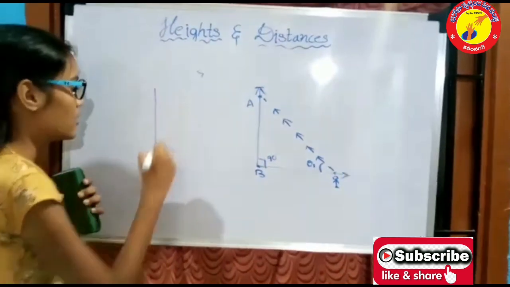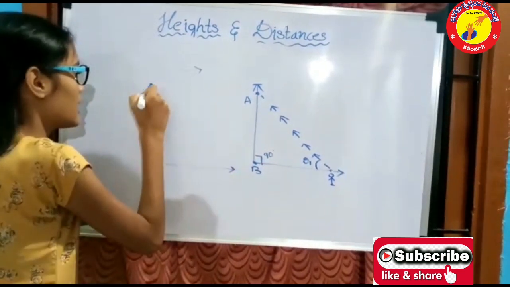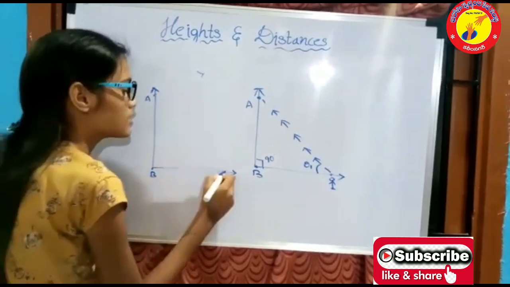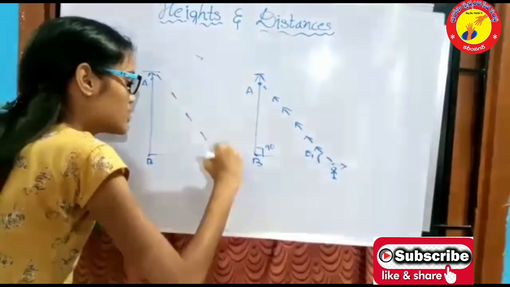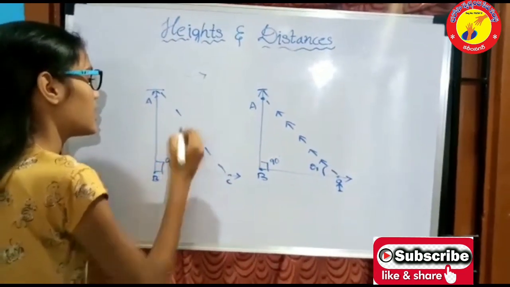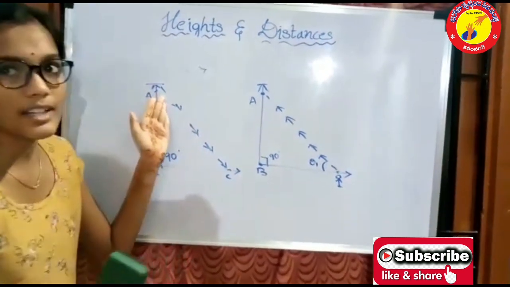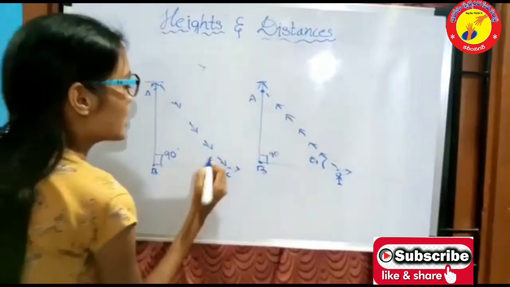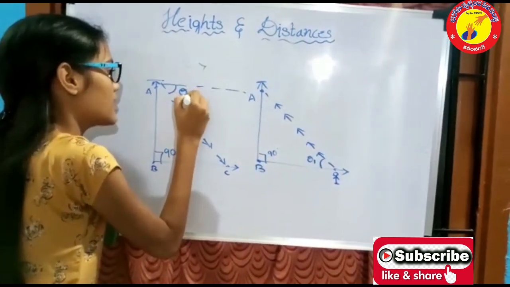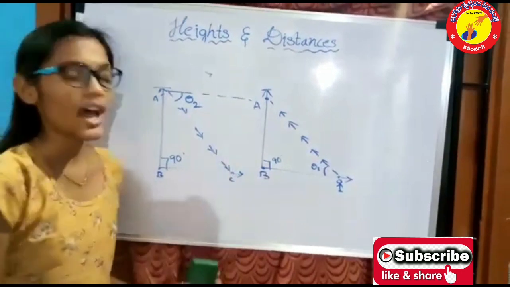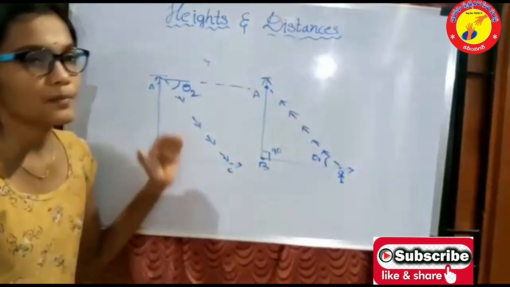And next, coming to the other one, look at this tower. Here A, B, C, and the person is at A looking in the downward direction at C. The line of sight is coming in the downward direction and the angle formed here is theta2, and this is called the angle of depression. The angle of depression is nothing but the downward direction.